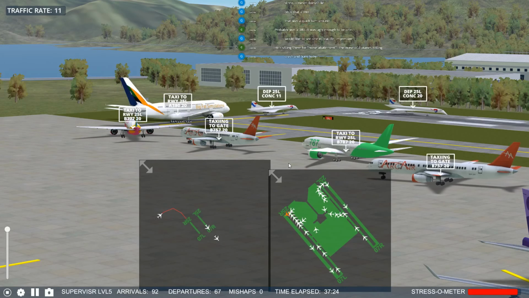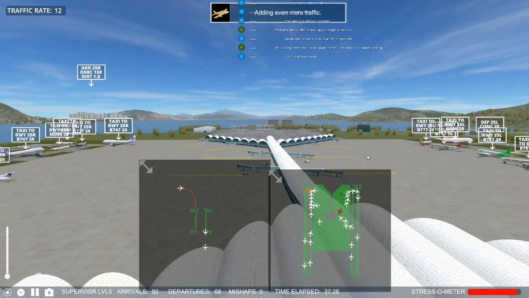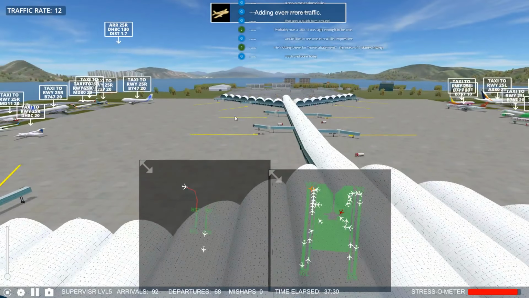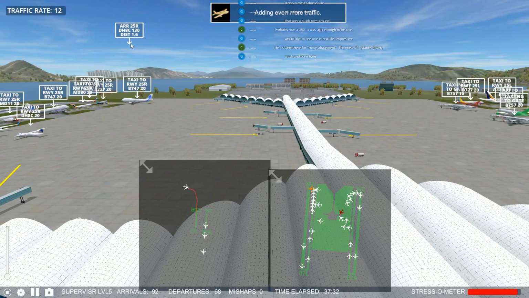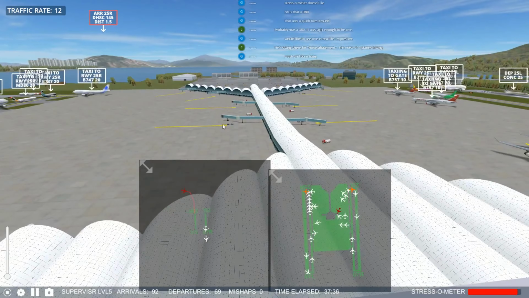Right 294, clear for takeoff. Runway 25 left. 5786, request taxi. Oh, good. Traffic rate 8. 5,